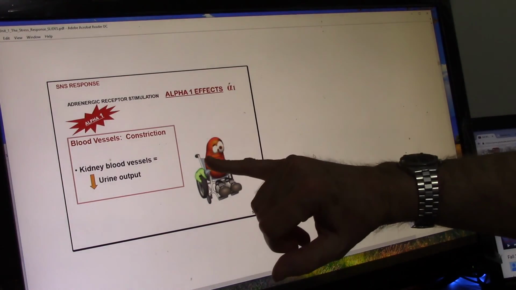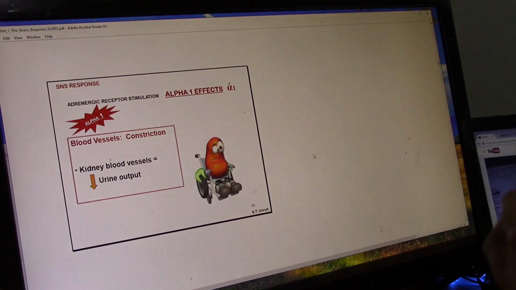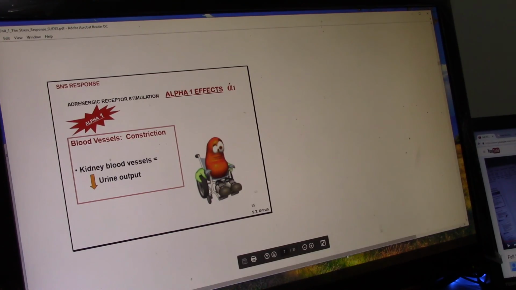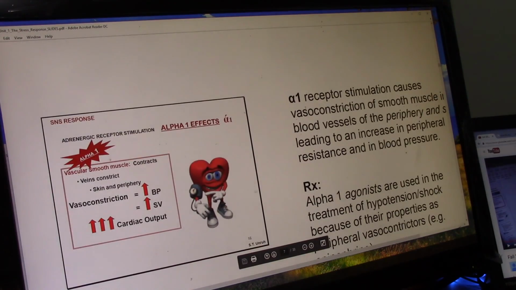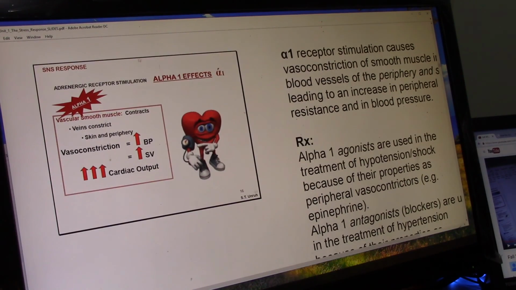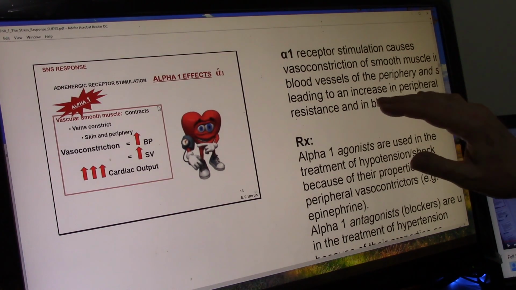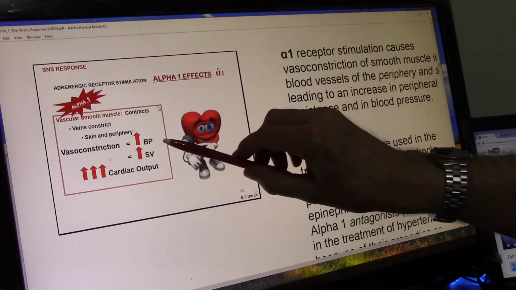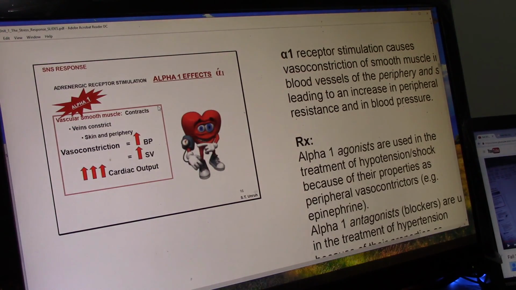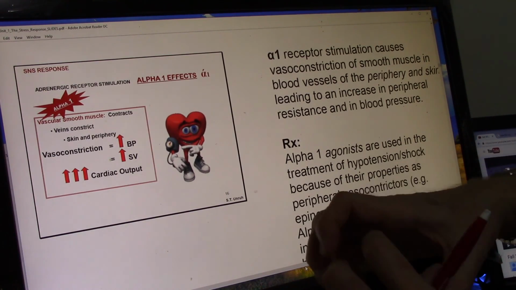Now also, alpha 1 will reduce the urine output of the kidneys. One of the things that the body really wants to do when it's under stress is preserve fluid, preserve blood, and this is one of the ways that it does that. Another alpha 1 effect, very important, is that because it vasoconstricts the smooth muscles of the blood vessels, it's going to give us an increase in blood pressure. Very important. And this is why we use alpha 1 agonists to treat patients that are in shock. Shock is just simply where the vessels